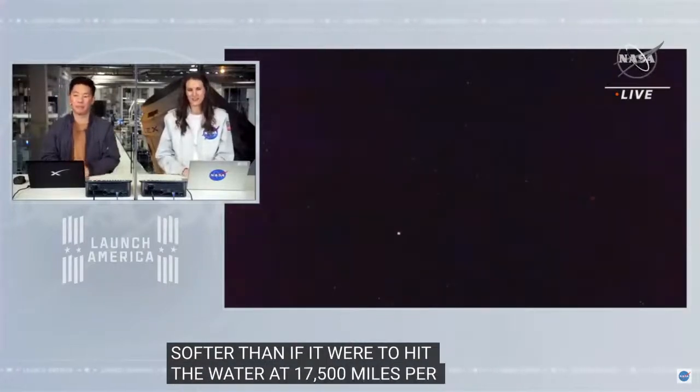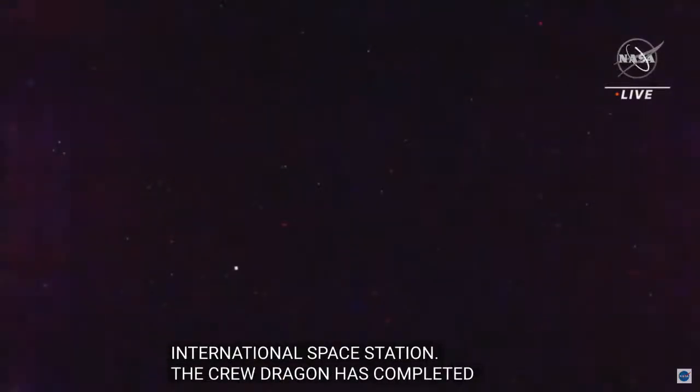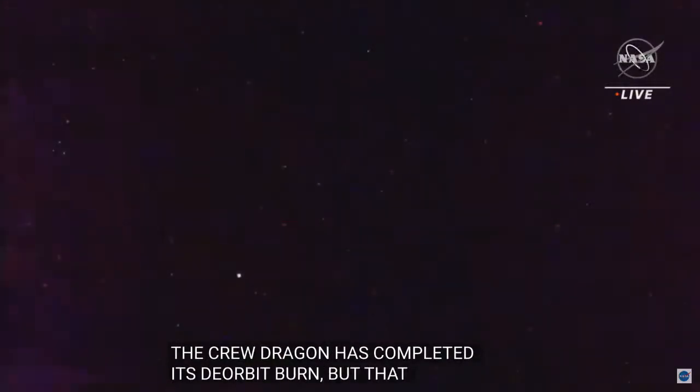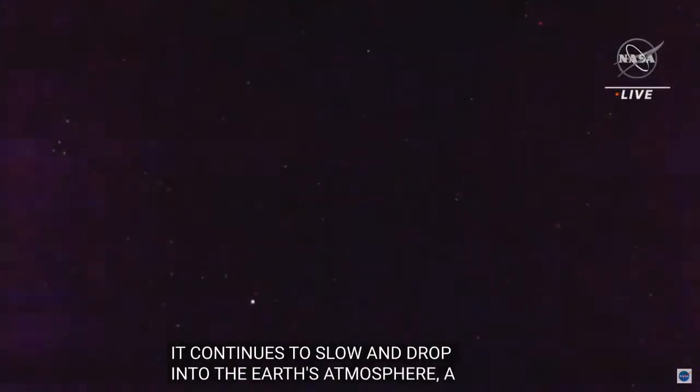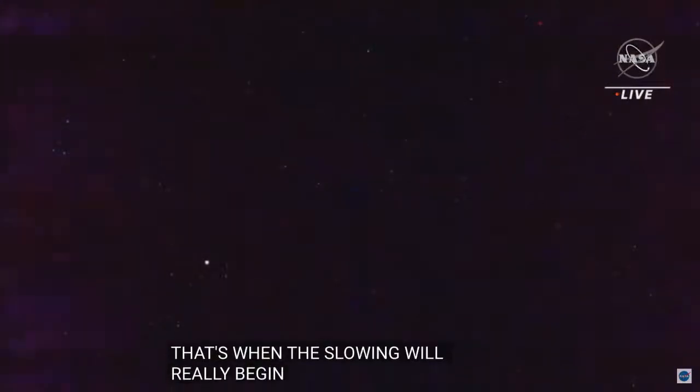That view from the International Space Station. As we mentioned, Crew Dragon has just completed its deorbit burn, but that doesn't mean that it's out of space yet. So Crew Dragon is still in a microgravity environment and continues to slow and drop into Earth's atmosphere. That's when our reentry period will really begin, when we expect to also have that loss of communications Andy was just discussing. But right now, still very exciting to be able to have this view from the International Space Station